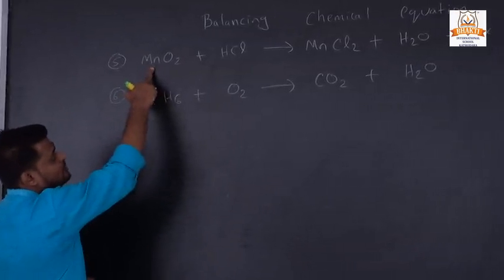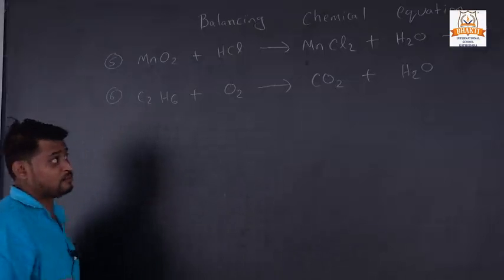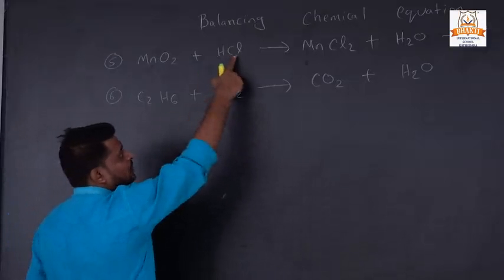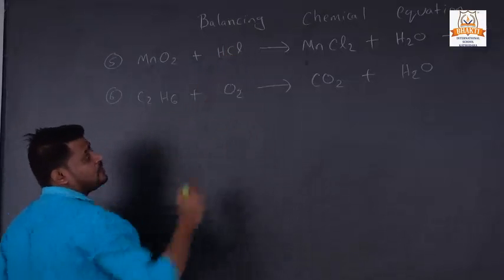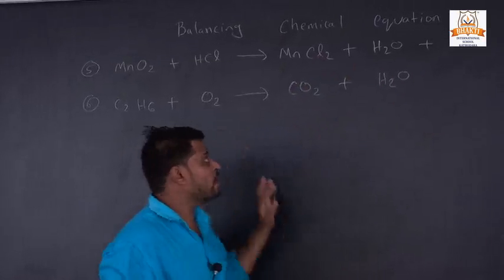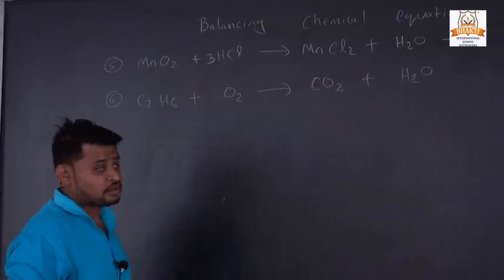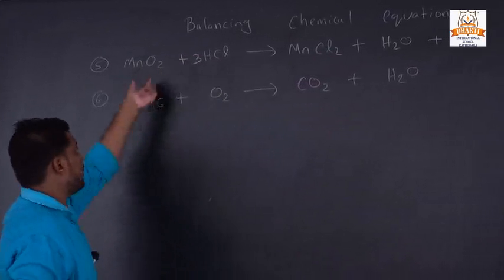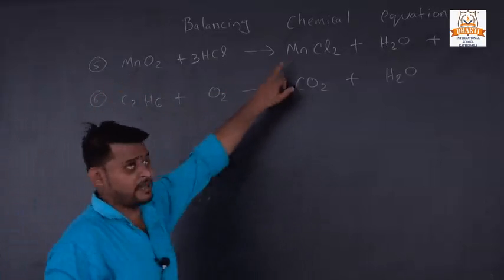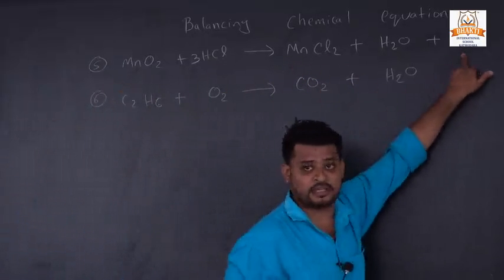and the molecules of manganese was 1, and here in the product also 1, it is balanced. So we have to check the non-metal, and the non-metal here is chlorine, and the molecules of chlorine is 1, and here 2 and 3. So we have to multiply here 3. So we will change. So again we have to check the metal. Here metal is manganese 1, chlorine 3, chlorine 2 plus 1, 3.